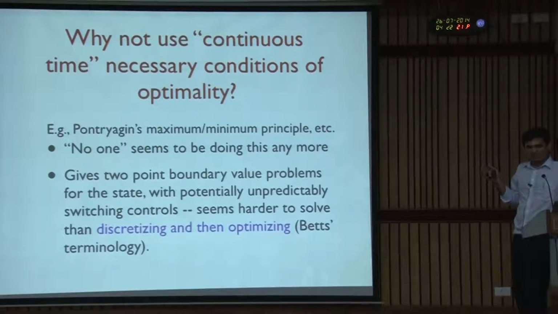But in the 1950s, lots of control theorists generalized the Euler-Lagrange equations to what is now called the Pontryagin maximum principle and minimum principle, and generalizations thereof, which have the Euler-Lagrange equations as special cases. You can use these principles on the optimization problem, and then you'll get a bunch of conditions that need to be satisfied. The problem is that these conditions take the form of what are called two-point boundary value problems, and